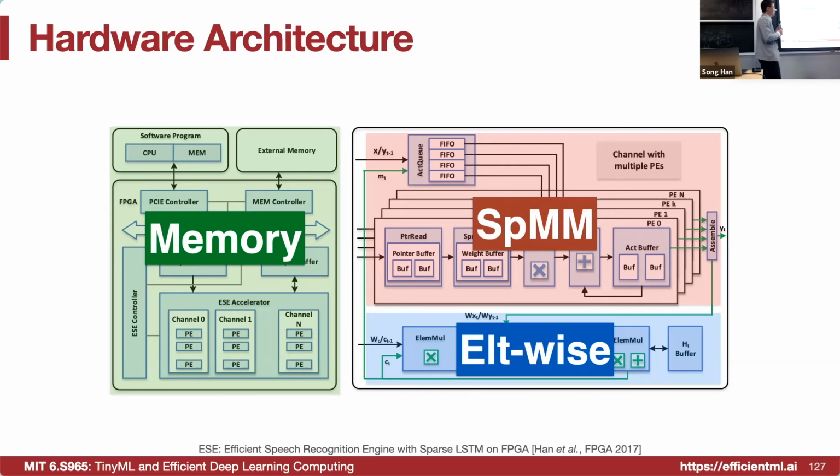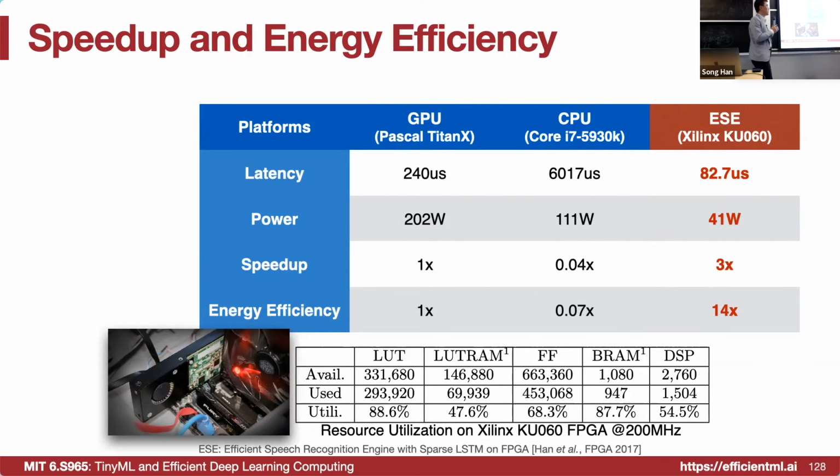So these are the overall building blocks: memory units, sparse matrix multiplication units, and also these element-wise units. This is prototyped on this FPGA, the AU6 FPGA. This is comparing the latency with the GPU and CPU. Those are back in 2016, so we plateau at the max. Now we have much more efficient GPUs. And the power is power consumption versus speedup and energy efficiency. Such a specialized model really has higher